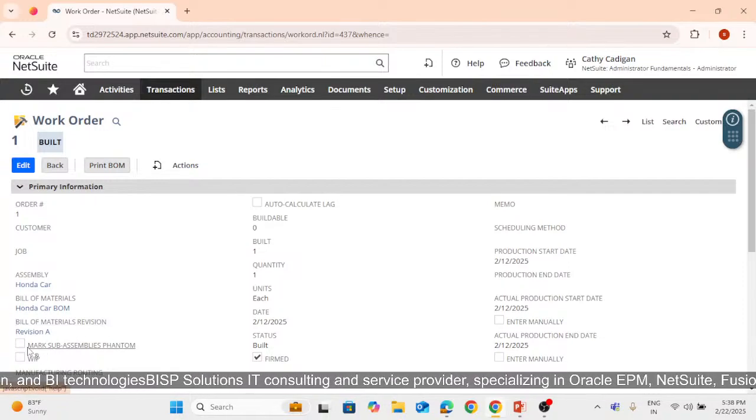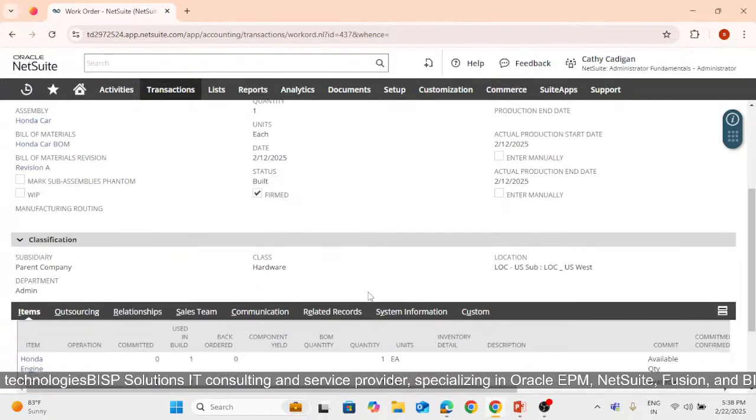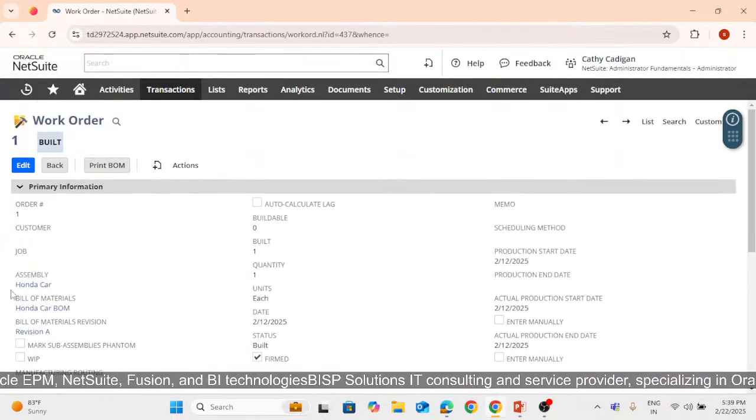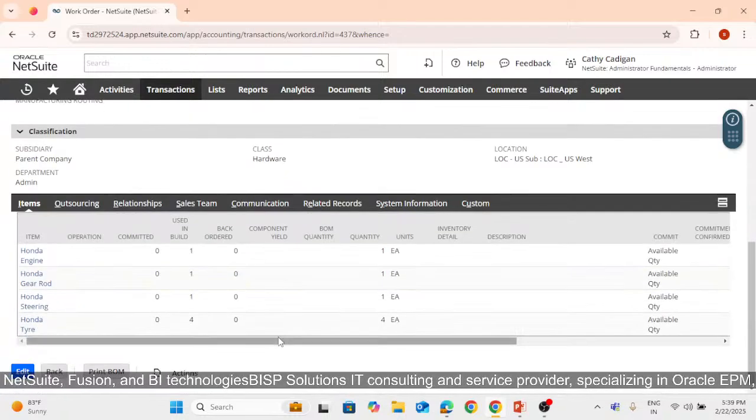Bills of material division, which is division A only, and Honda engine, Honda gear rod, Honda steering, Honda tire items are mentioned over here, and quantity is 1 each, and used in build. So Honda tire are 4 because a car has 4 tires. As the Honda car is made, so 4 tires, quantity will be 4 only, and comment is available quantity